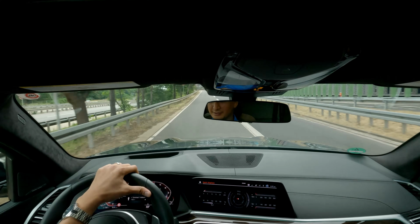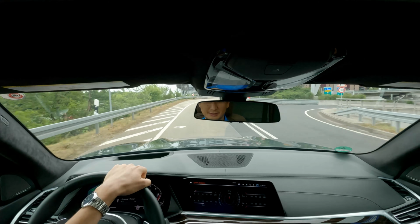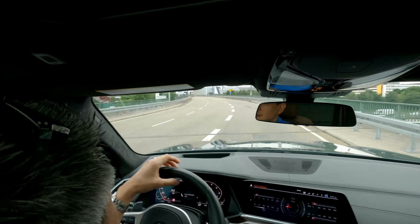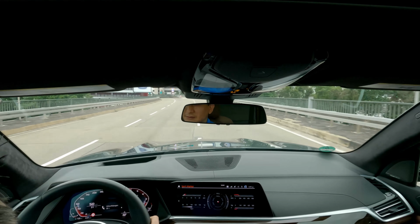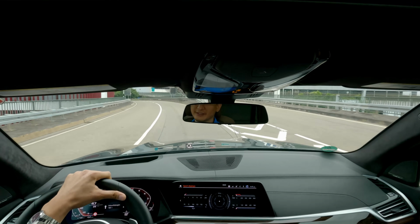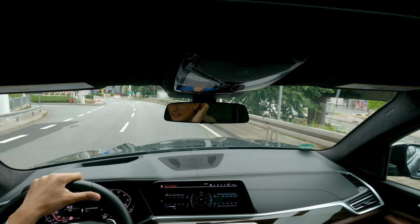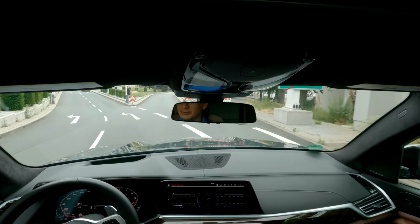My next plan is eventually to take an M2 and tank it around for a few laps, make sure it has full coverage, so that if I do anything stupid, I'm covered. Because it's $3,000 if you hit the guardrail per section of the guardrail. That's kind of shitty, and I just don't want to hit that, because I actually know a couple people who've done it now, and they totaled their car pretty much, had to pay out of pocket because insurance is like, nope, sorry, you are not covered,